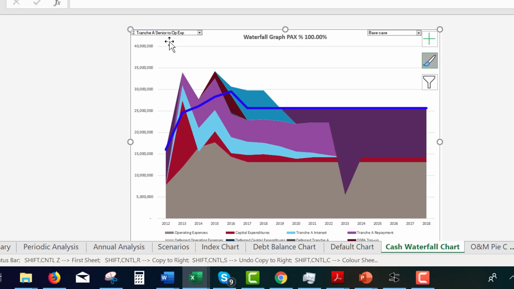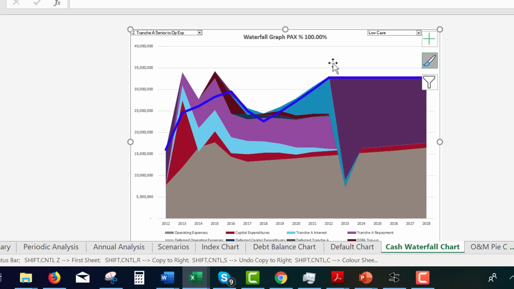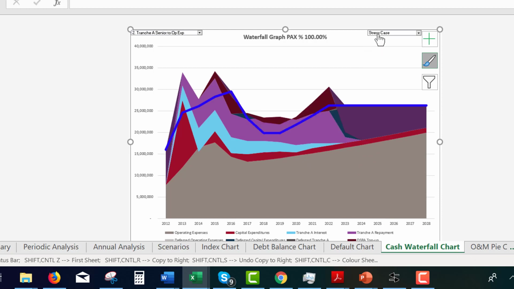this would be a really cool graph, and then we can say, okay, here's our payment of our tranche B or sub debt. Maybe we should have had a sweep on the senior debt, and if we have a little bit of a low case, it takes a little while longer to pay our debt. We seem to have some cash. If we have a really bad debt case, I can't even find it here. A stress case, we have nothing.